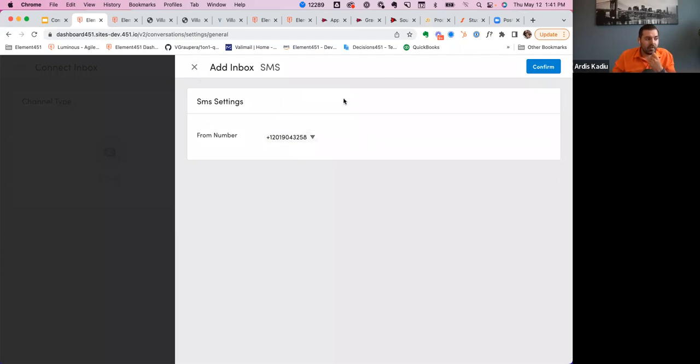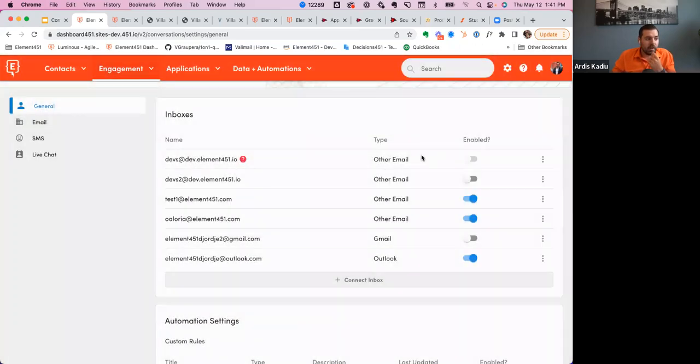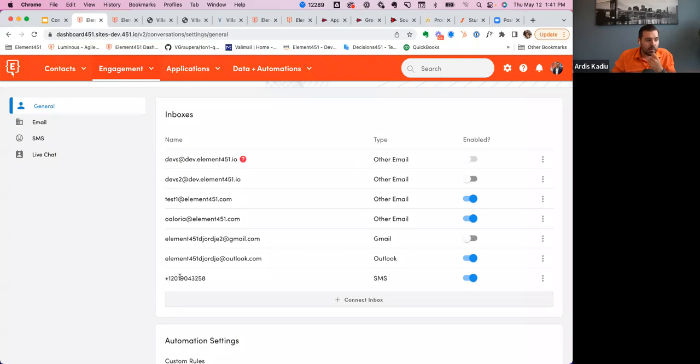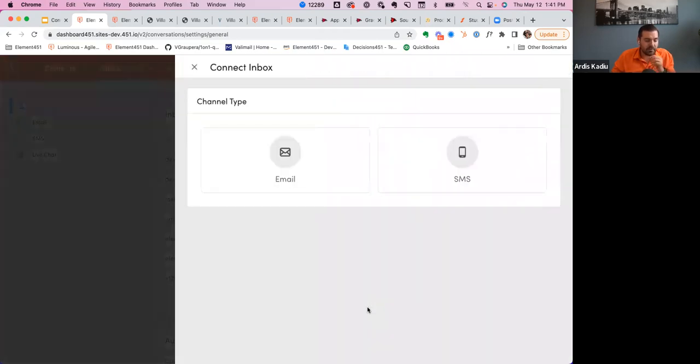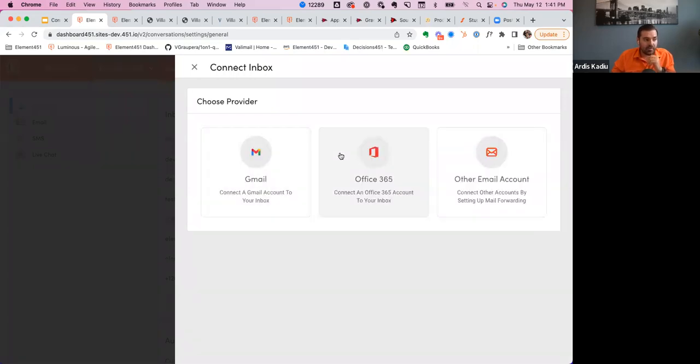So if I pick that, then I can confirm, and it will now create an SMS inbox for me here. By the way, you're going to have default inboxes, so you don't worry about that. We're going to default to your default email or the phone number that you're currently sending from. So if we look at the email inboxes, you have three different options in here: Gmail, Office 365, and other